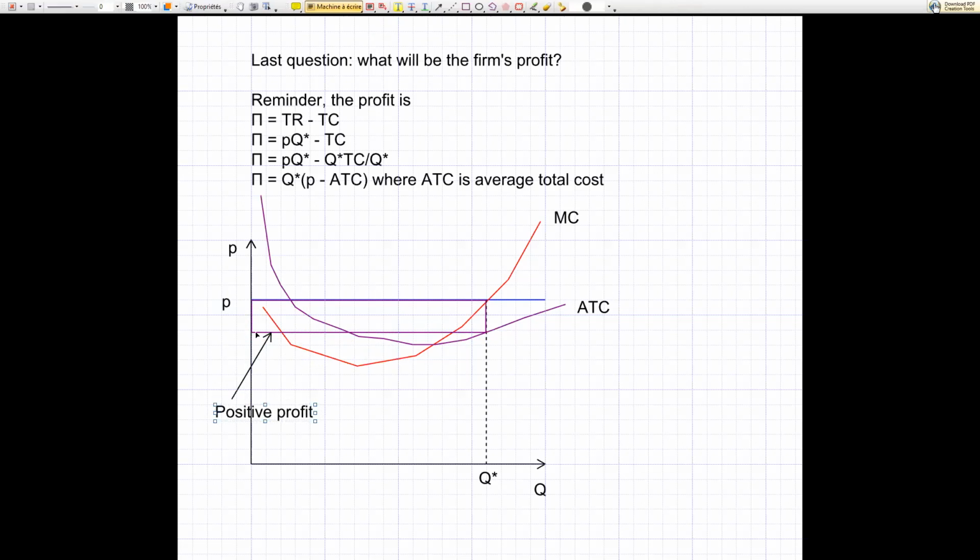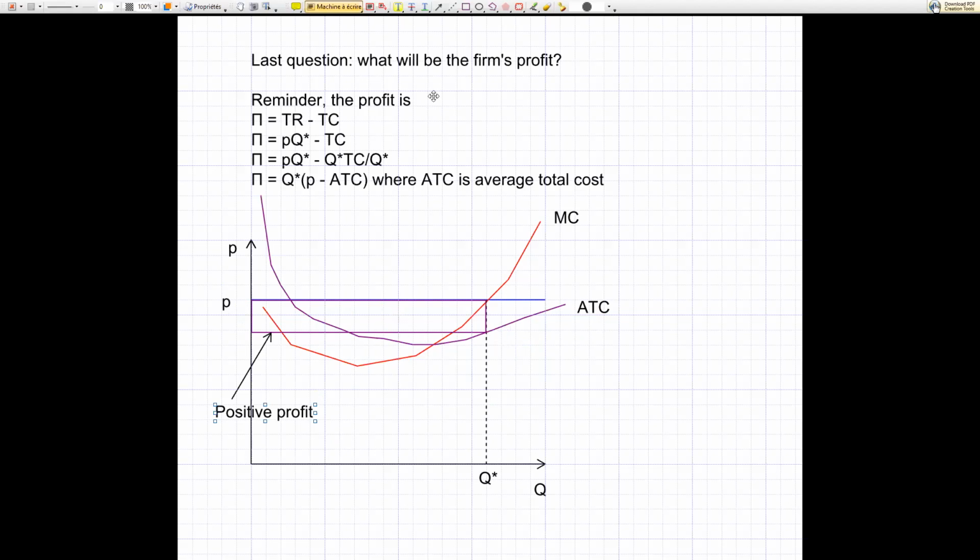Why? It's total quantity multiplied by the net income I make on every unit sold. Every unit sold makes on average P, its market price, and on average how much? If I produce, say, pencils, on average how much does each pencil cost me? It's the average total cost. So each pencil here, let's just say these are dollars, this would be $11, and the average total cost would be $9.